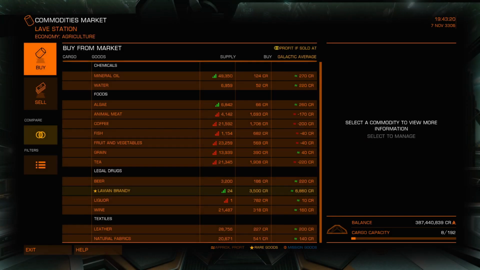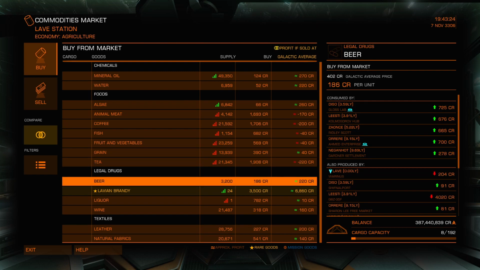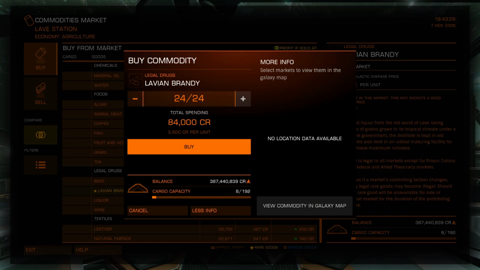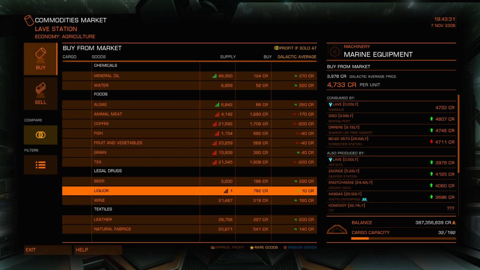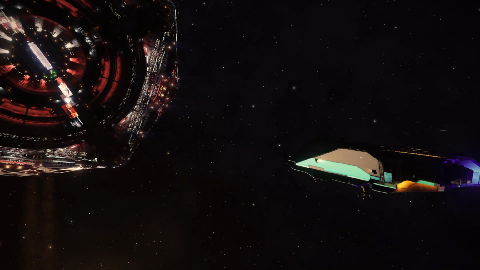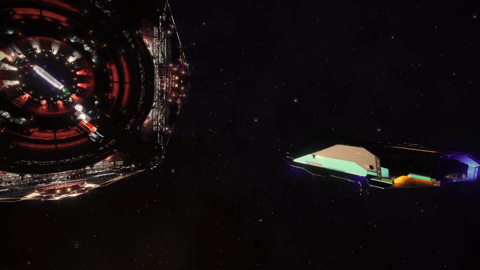A good early way of making money is rare trading, where you set up a route buying rare goods at the stations that sell them, for example Lavian Brandy from Lave, and then sell those goods a certain distance away from their origin to make a large profit. This becomes less lucrative later on, when you could make just as much if not more money by simply buying low and selling high on regular goods, but it's a great way to get started when you have limited cargo